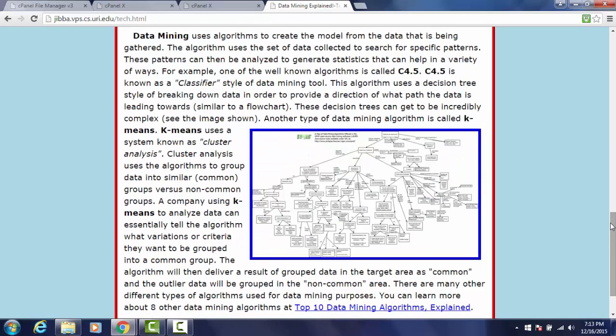Then to get into a little bit more of the technical aspect, we talk about the types of data mining algorithms. Here we talk about C4.5, which is a classifier style of data mining. And this is a flowchart style, what's called a decision tree, which is very complex, but it uses various different questions that are answered along the way to decide which way it's going to drive the individual pattern to reach